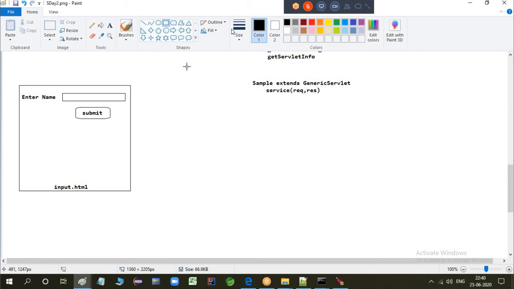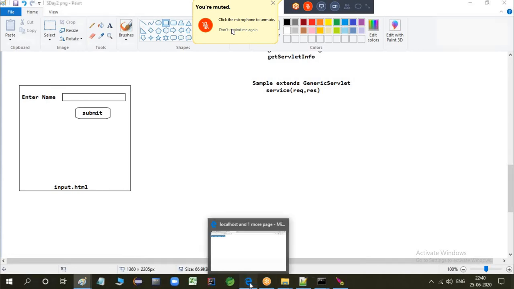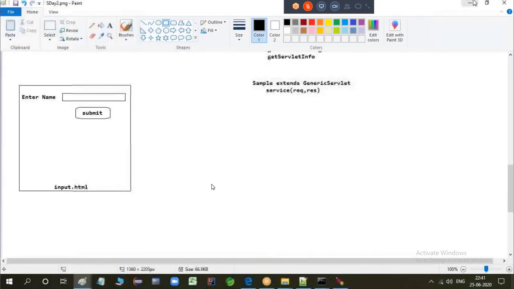Next thing what I need to do is, who is executing my programs and displaying on the servlet here? Welcome to the generic servlet. I wanted to give something nice. Welcome Ashok. Okay, welcome to servlets Ashok. Like this, I wanted to display something. So how are we displaying this? I have to create one servlet class, and I have to map between this HTML page and my servlet class.